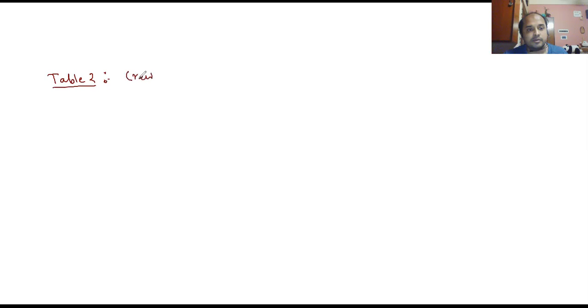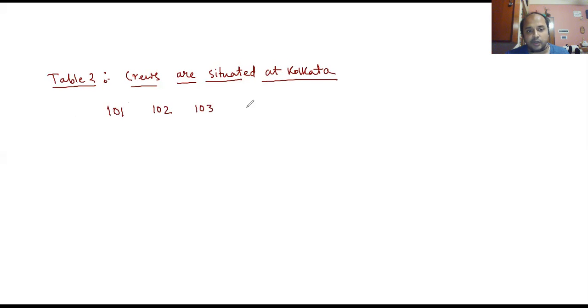Crews are situated at Kolkata now. I shall not do the assignments. Assignments will be left for you. I'm just trying to help you to construct this matrix. Once we get the matrix with our known structure, then I shall leave the classroom. I'm not going to finish the problem. I'm just going to help you out to solve this particular problem